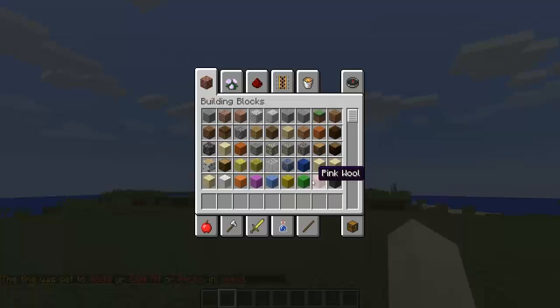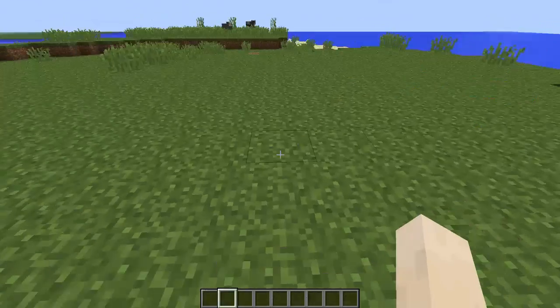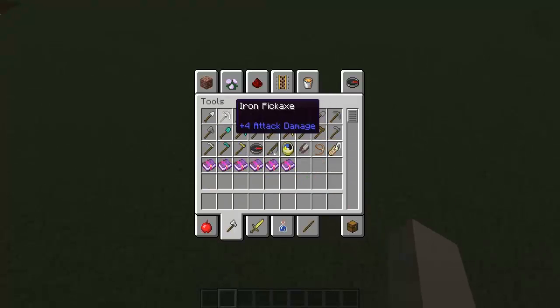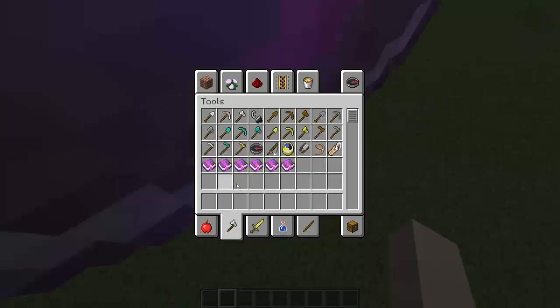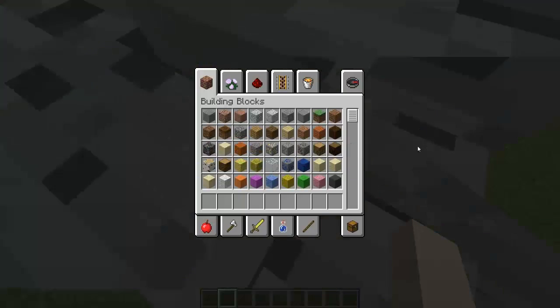Let's get loads of entities, simple stuff like this, loads on the floor.